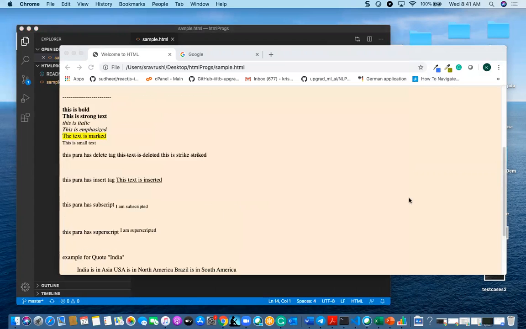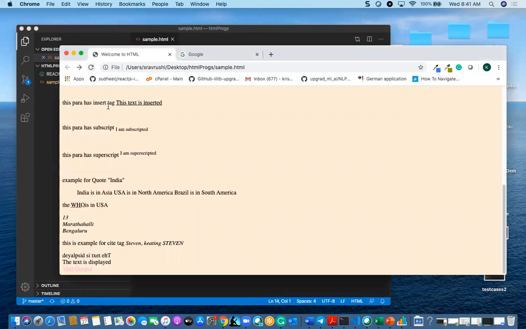So let us test this. By default, it is in blue color, right? That link, and if we visit that link, yeah, that will override, purple.